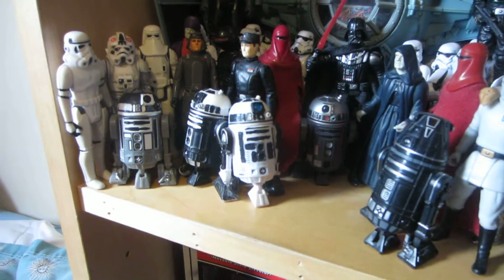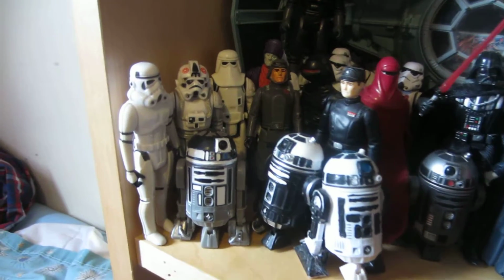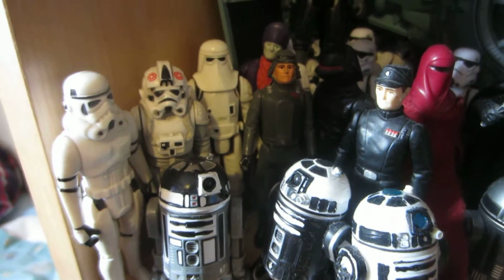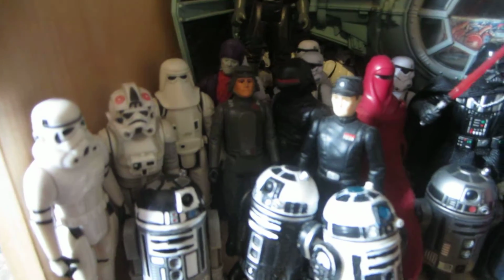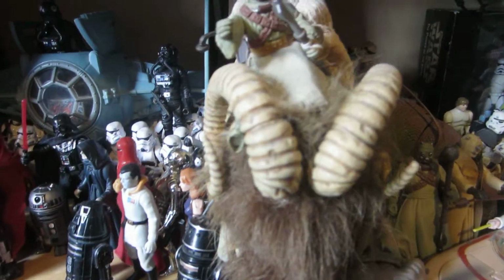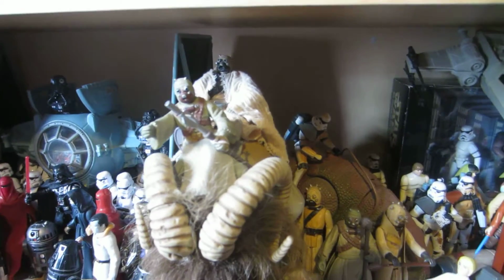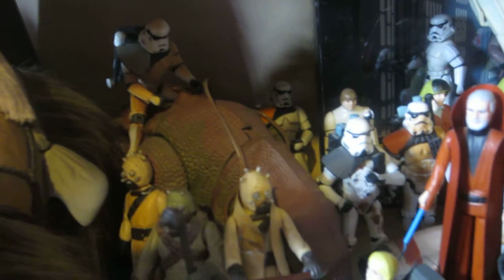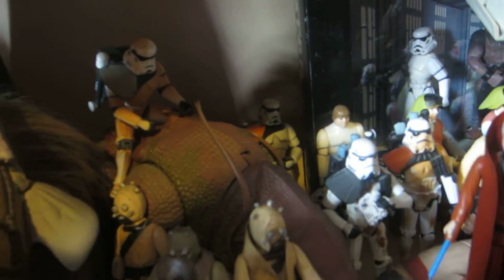Black and white R2's, some that I have done myself. Some vintage Stormtrooper AT-AT or AT-AT Driver, Imperial Snowtrooper AT-AT Commander, and the Death Star Gunner, and there's the new Death Star Gunner with the Sand People, or Tusken Raiders, different styles, different ones. So we got them there, and a vintage one with and without the vinyl cape, Sand Troopers rather, sorry,